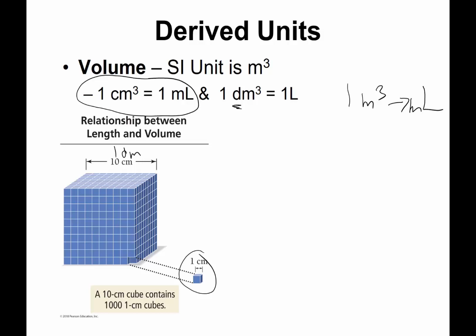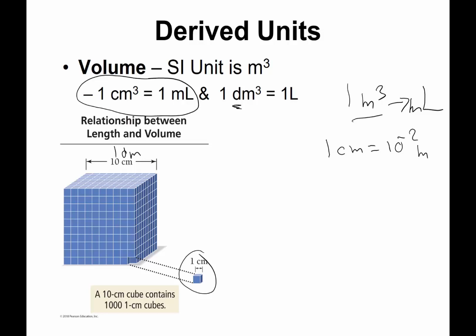Okay, so that gets a little tricky here, right? But you can use the metric system to get there. You know that 1 milliliter is equal to 1 cubic centimeter. So what you can do is, you know the conversion between meters and cubic centimeters, right? So you know that 1 centimeter equals 10 to the minus 2